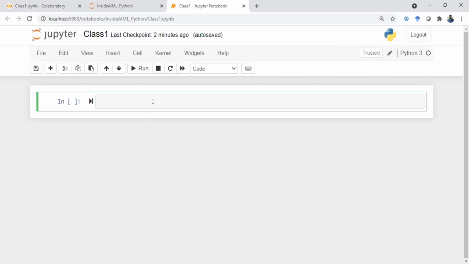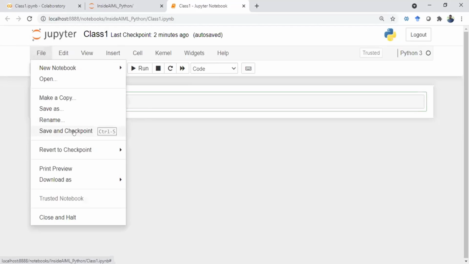Fine. So let's get started with writing some code initially, and then we will move on to some slides and then come back to code again. Okay. So see, a Python notebook can be a very simple one. So this is your IPython notebook file. Okay. So if you see here, File, you can save and checkpoint.